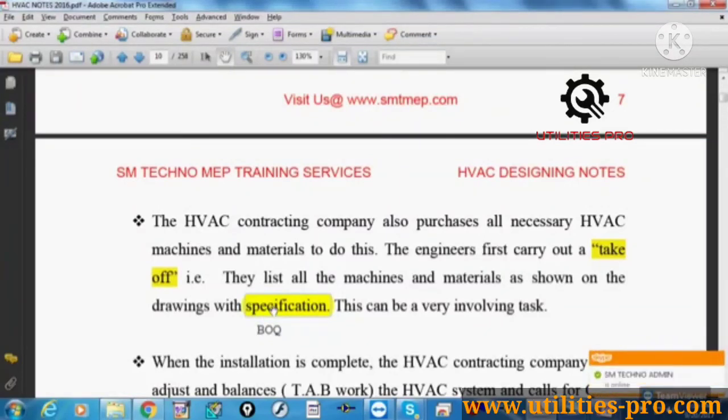You'll find the specification from the consultant. They will give you the specification: what to follow, what the requirements are, what the standards are. And for big projects, the client has their own specification. For example, Aramco is a client, or Reliance in India is a client. They will provide the project to Blue Star or Carrier people. So they have their own specification, and the specification is followed by the air conditioning companies. So you must follow the specification, and based on the specification only you must purchase the material and send it on site. This is very, very important. So you must highlight this.